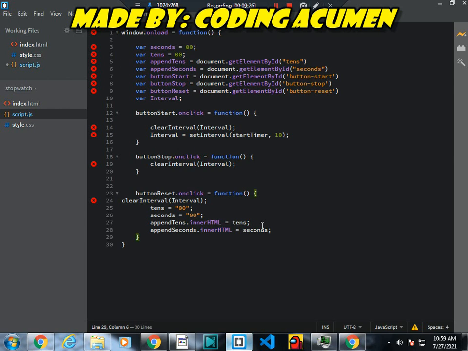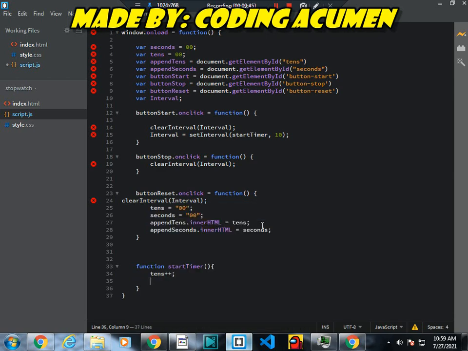Now after this I will give three lines of space, and here I will write function startTimer, and here I will add this bracket, and here I will write tens and set the tens to plus plus.